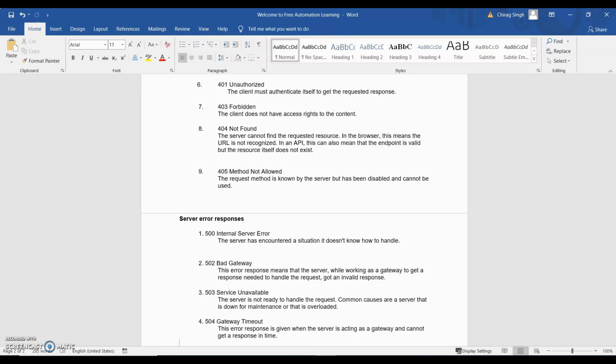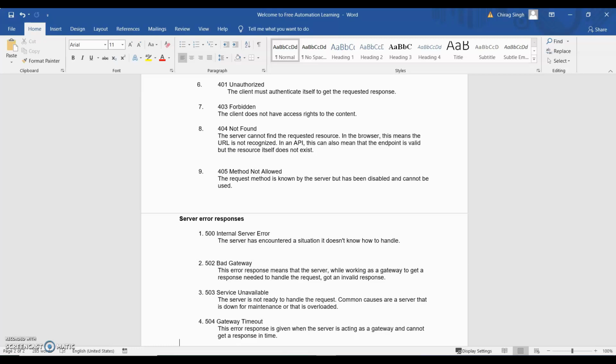So we have discussed successful codes 200, 201, 204. We have discussed redirect 304 not modified, which is used in cache. Then we discussed client error responses, where we have 404 when we request any data which is not present on the server, then we will get 404.